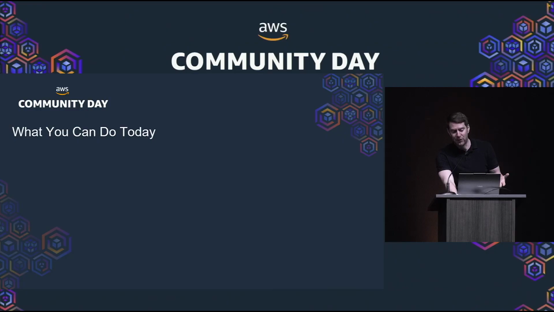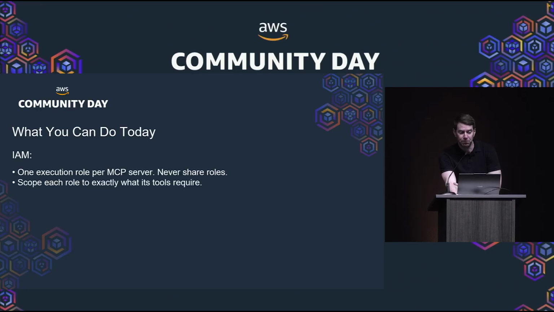So there are a few things we can do today, though. None of this requires waiting for the spec to improve. So using IAM, you should have 1 execution role per MCP server, not share them across servers. Scope each role down to exactly what it requires for the specific tools. If a tool only reads from one DynamoDB table, the role should only allow reads from that specific table. An over-permissioned role is full blast radius for that tool. This is the single highest impact thing we can do for our MCP servers, and we can do that straight